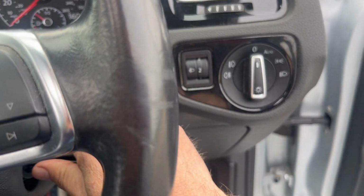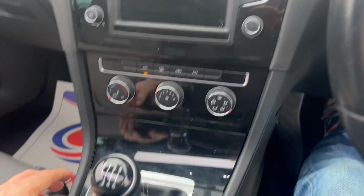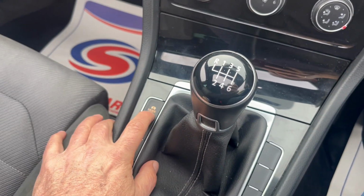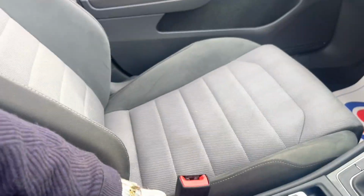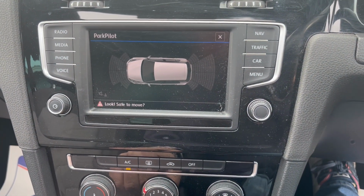Auto headlights, cruise control, 6-speed gearbox, different modes of driving, climate control, air conditioning, centre armrest, satellite navigation, Parktronic,